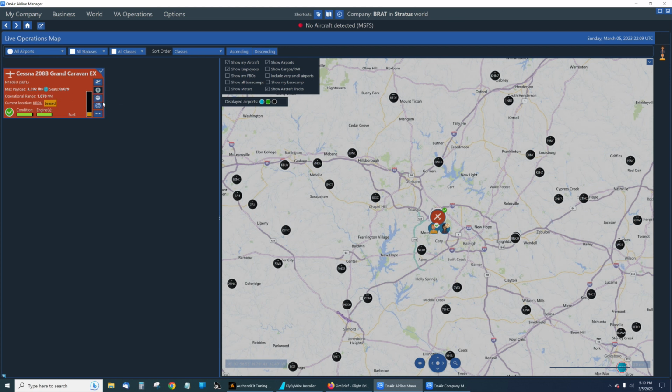If there was an issue, it would turn red. If it was finished, it turns green. And you can do all of your other operations from here. It shows your planes. You can see your engine conditions and everything, fuel, all that kind of stuff. So right now, it's